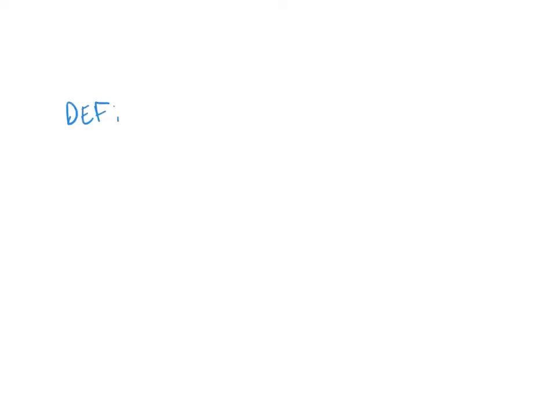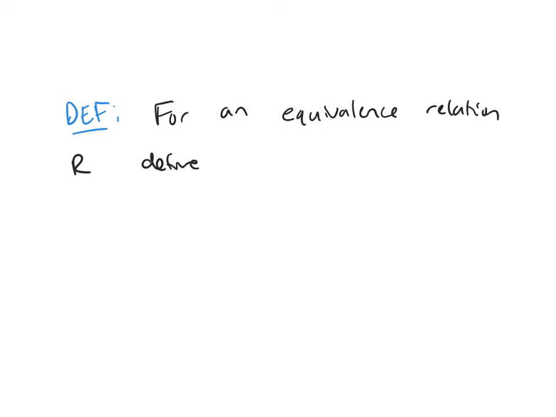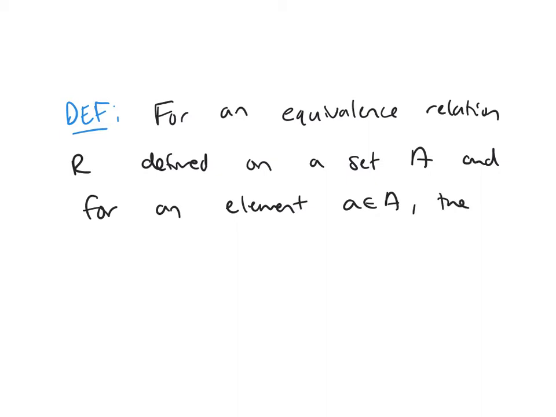The definition: for an equivalence relation R defined on a set A, and you need an element out of your set, so a in A. The way we denote it is with brackets, and it's the set of all x in A where x is related to a,